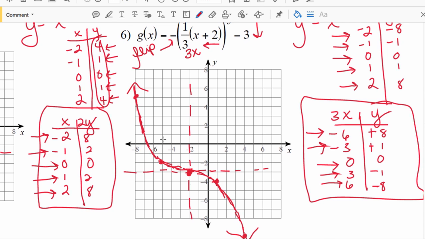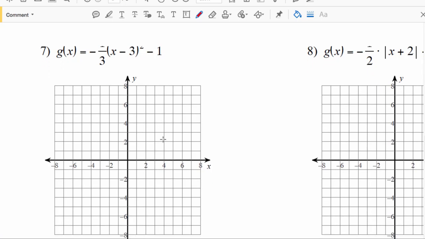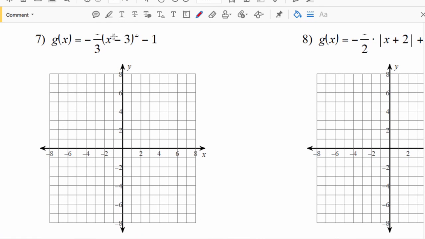All right, that's 6. Number 7. I'm pretty sure for number 7, there's a 1 up here. And also for number 8, I'm pretty sure there's just a 1 up there. And I think this guy is squared. Oh, it's not letting me draw on it, but I think that's squared. So we'll say the parent function is y equals x squared. And then his table